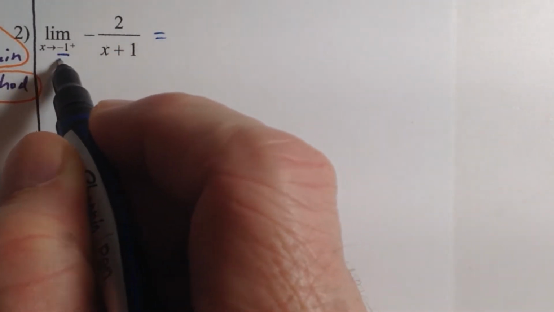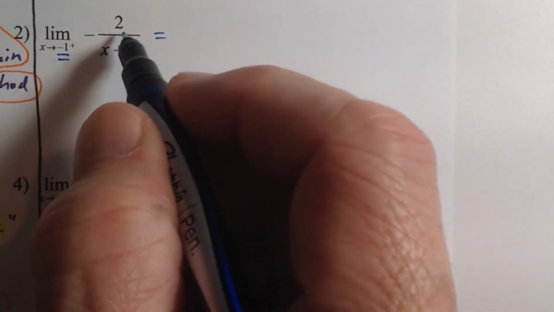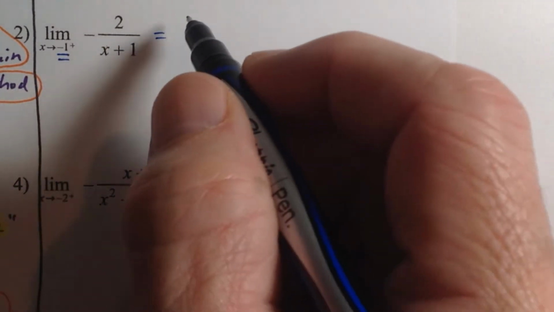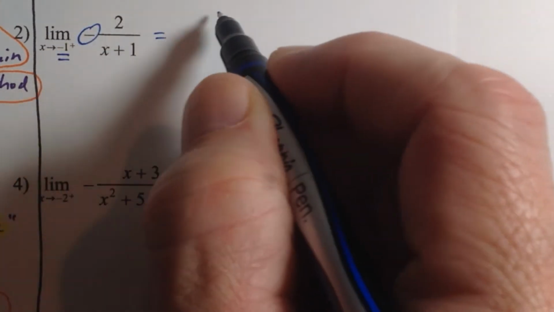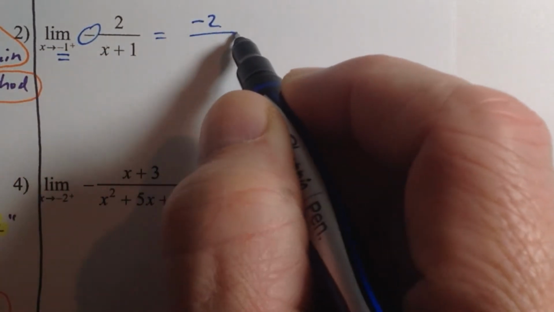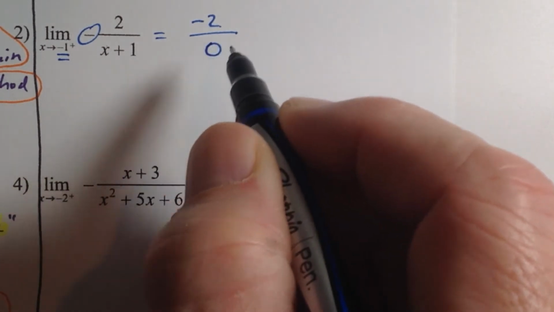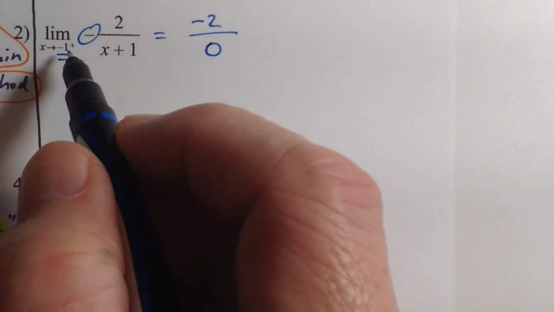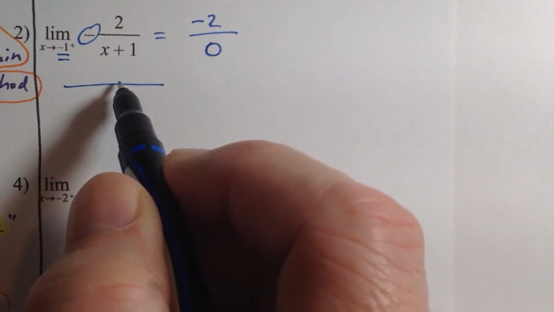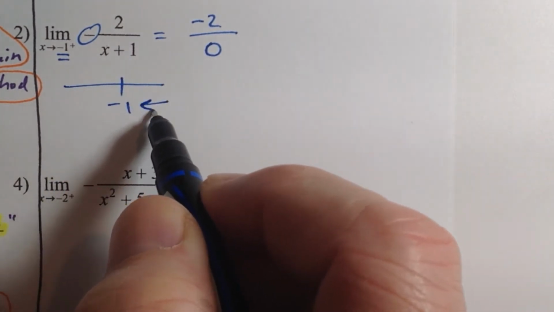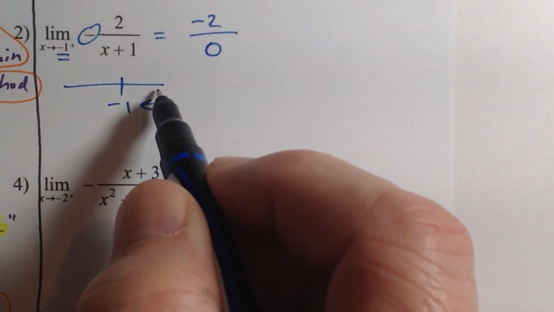X approaching -1, from the right or left, it doesn't matter, you're still going to plug in -1. So let's move this minus sign up on top. We get -2 on top, and we get -1 plus 1, which is going to give us 0. But again, we're approaching -1 from the right hand side, which means from 0,